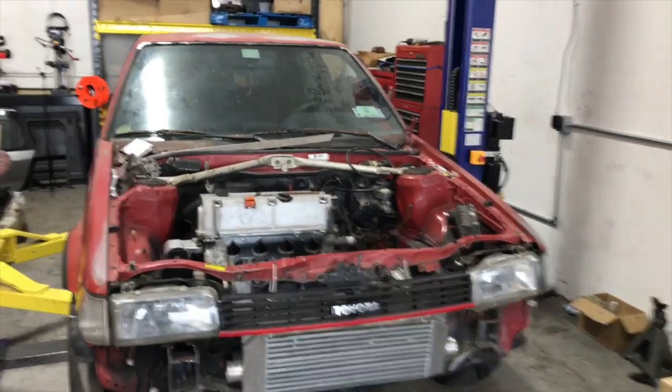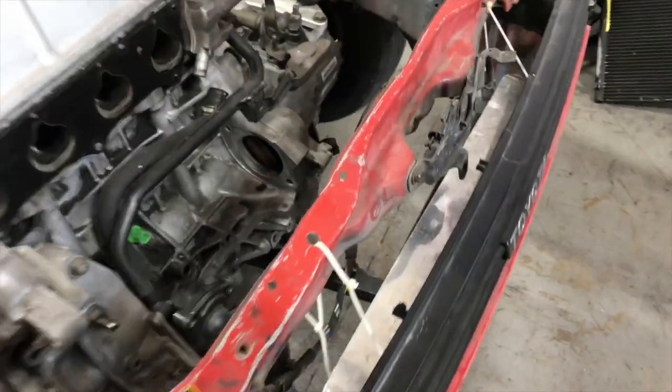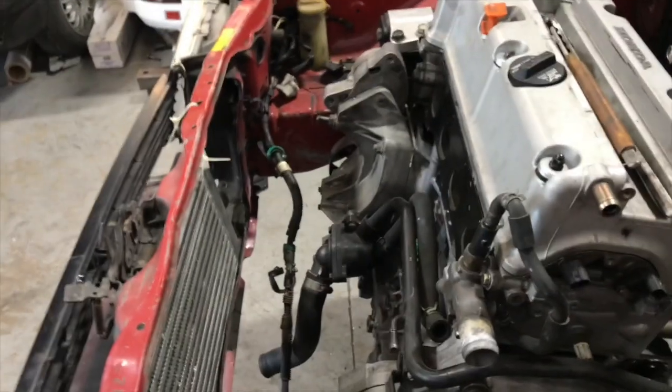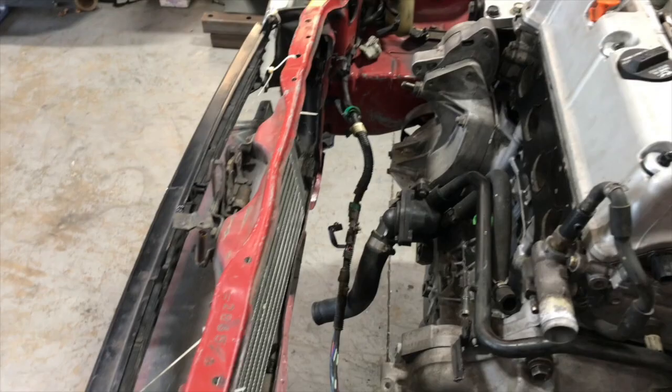Alright guys, so we're back at it again with another FX update. So what we're gonna try to tackle today is mocking up the radiator, and also I got the condenser that I want to try to use for the AC. So what I'm gonna try to do is get those two in there today and see how